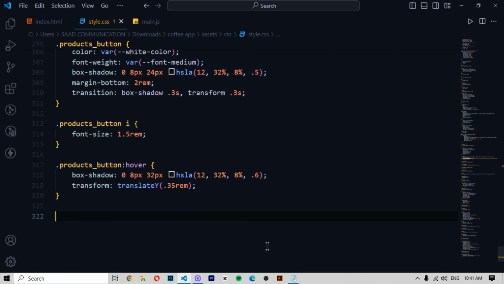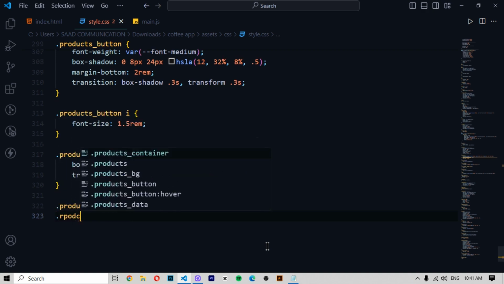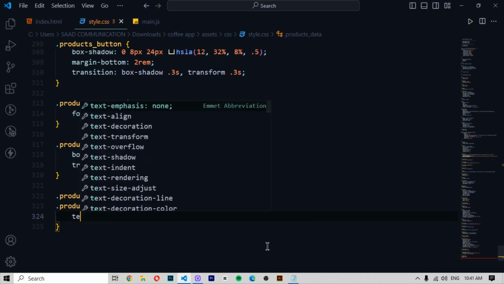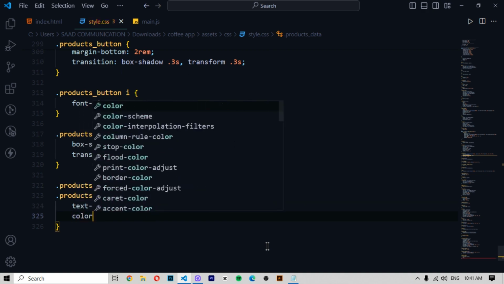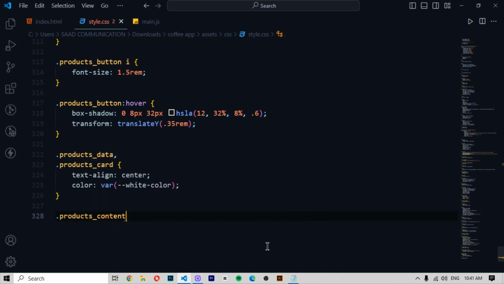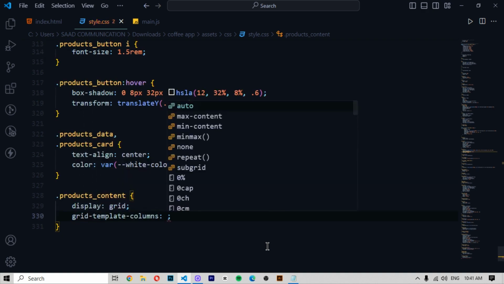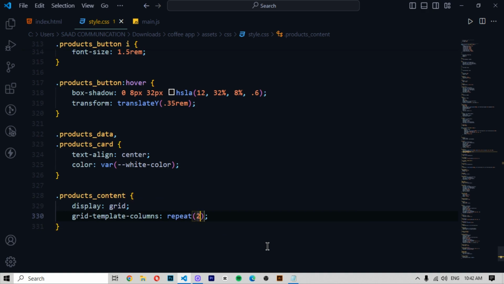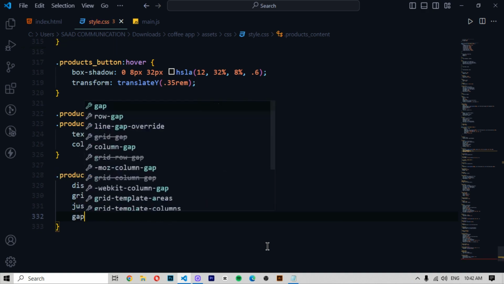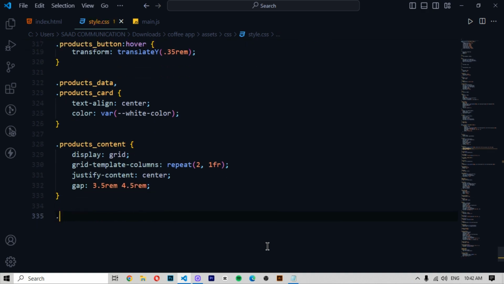Enter, and then here you write .products-data, .products-cart, then in the brackets write text-align center, color var(--white-color). Now .products-content: display grid, grid-template-columns repeat(2, 1fr), then justify-content center, gap 3.5rem and 4.5rem, then .products